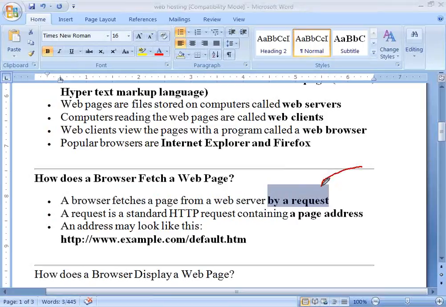Because whenever you talk about client and servers, every client and server communicates with each other by using a request and response model. A client always makes a request and the server always sends a response back. So here a browser software which acts like a client makes a request to a server